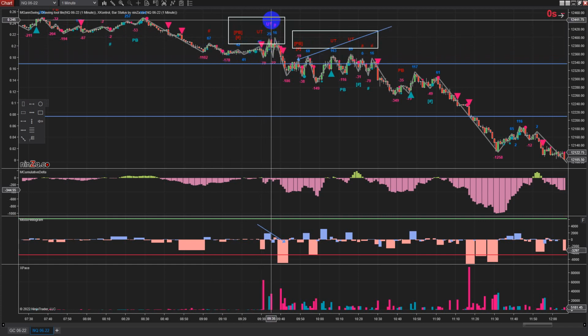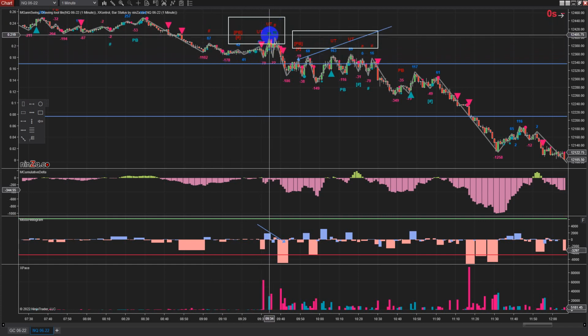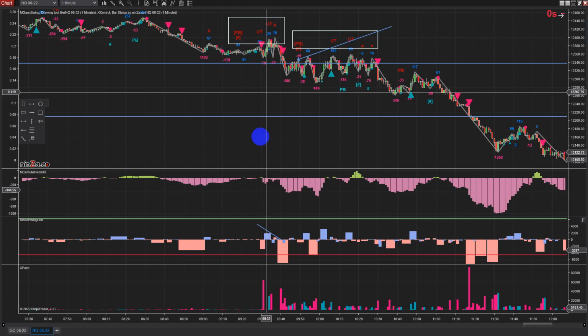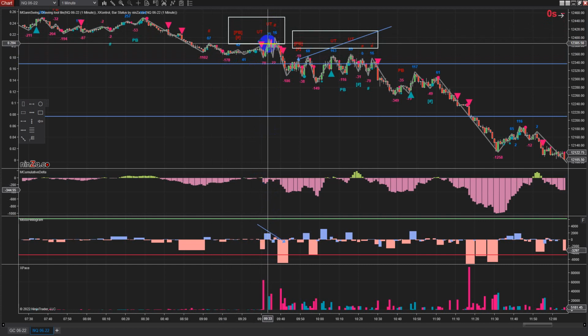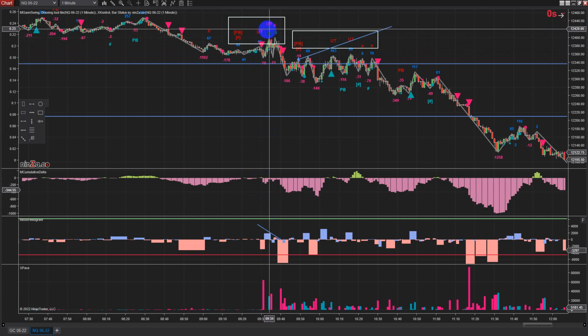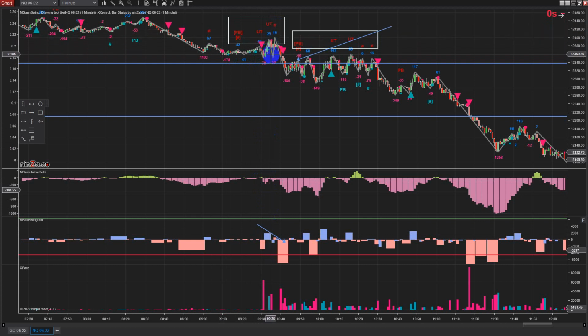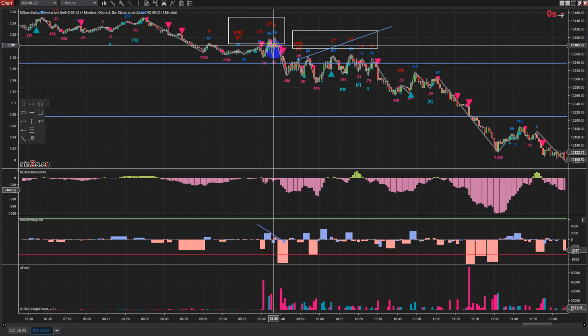But with UT, now you know something is off here. These buyers look like they wanted to show the strength, but they are not that strong. That is the sign here. You have to read it the reverse way. Then you wait, right? And then price pulled back right here, look at this.